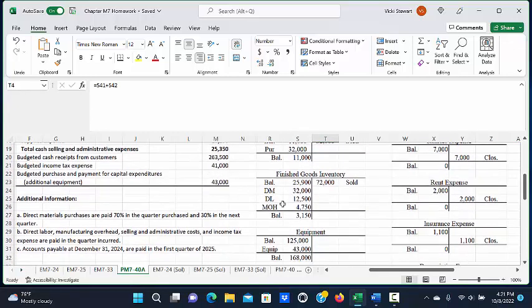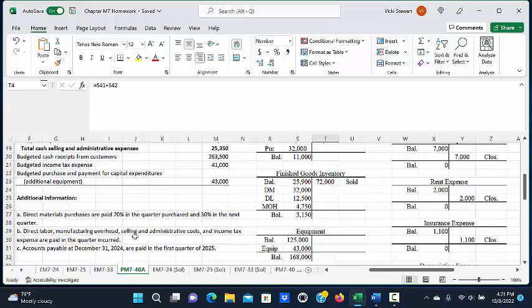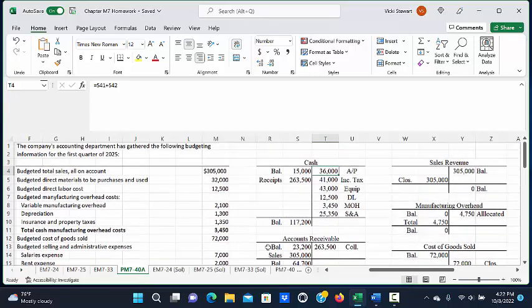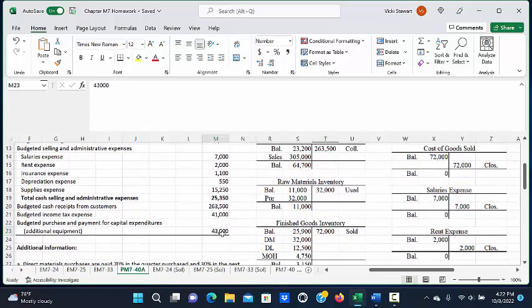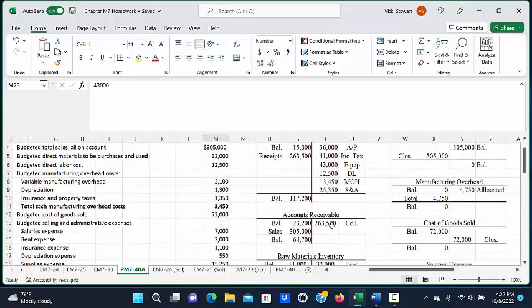The problem also stated that we paid all of our direct labor, manufacturing overhead, selling and administrative costs, and income tax expense in the quarter incurred. So we would also have a credit for the $41,000 of income tax, and we also purchased a new piece of equipment for $43,000, so that would be a credit to cash. And then we would have a credit for all of our direct labor, and then all of our cash manufacturing overhead. So we had $1,300 of depreciation in the overhead, but we would only add the two cash amounts for